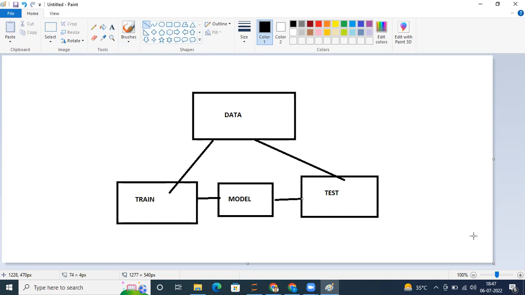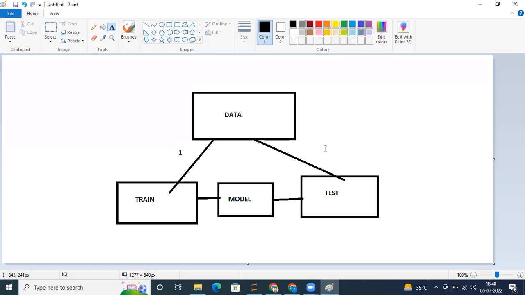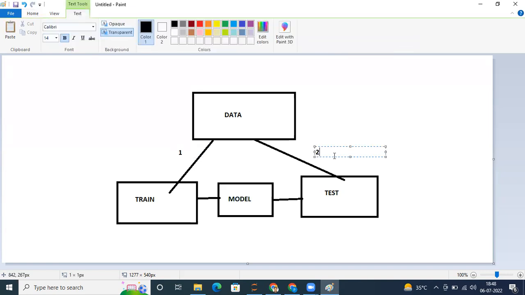Okay, so what we in fact did, we hold out some data for validation later on to check how my model is performing. This is what we did. We divided our data into two parts, training and testing. This is one phase, where you put some data here, and you put some data here. This data you kept separate somewhere so that later on I can check how my model is performing